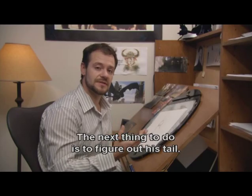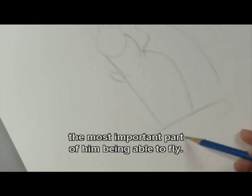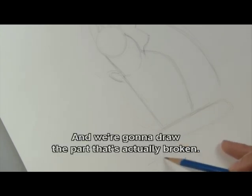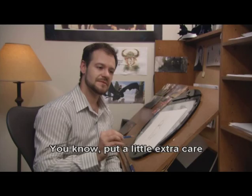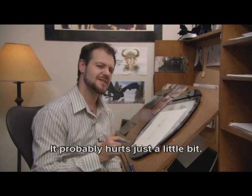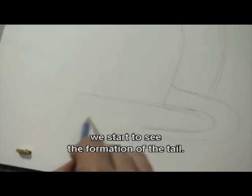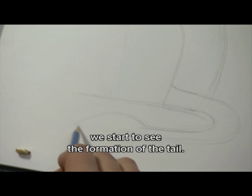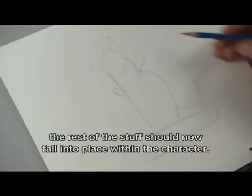The next thing to do is to figure out his tail. His tail is the most important part of his body, the most important part of him being able to fly. And we're going to draw the part that's actually broken. So let's be careful when we draw that tail fin. Put a little extra care, because it's a sensitive part for Toothless. It probably hurts just a little bit. So as we draw these very simple roundy shapes, we start to see the formation of the tail. So if we can get this shape to work, the rest of the stuff should now fall into place within